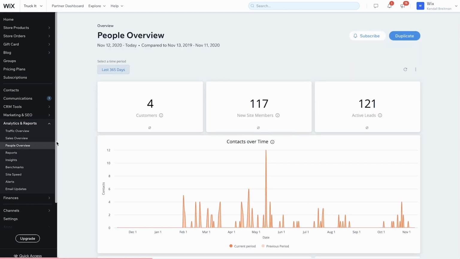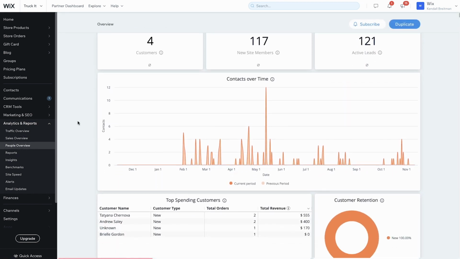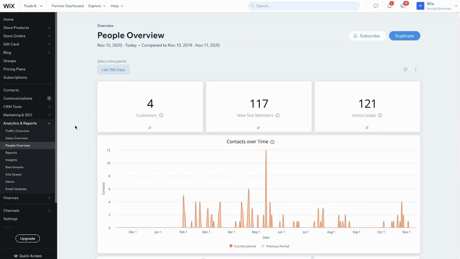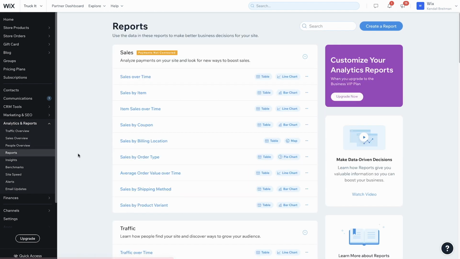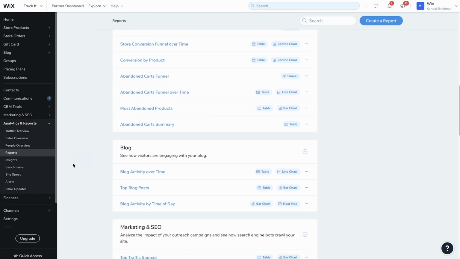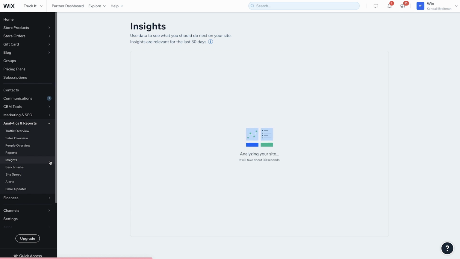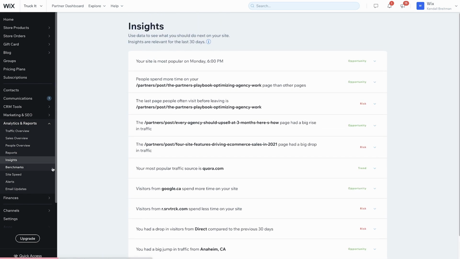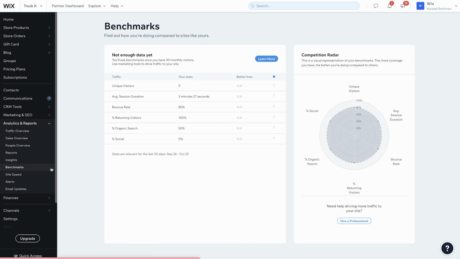And now to People Overview. This is a really cool feature because you can see who your visitors are and what they do on your site. Clicking over here, I can also download detailed reports if I want to get more into the weeds of my data. And over in Insights, I can see ways that I can improve traffic to make my blog even stronger. And with the Benchmark tab, I can even compare Truckit to other food blogs to better understand where I stand compared to my competition.